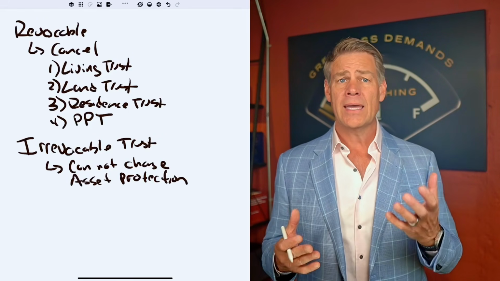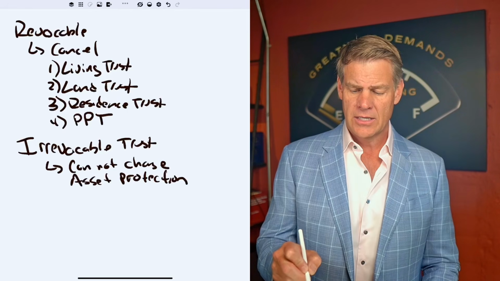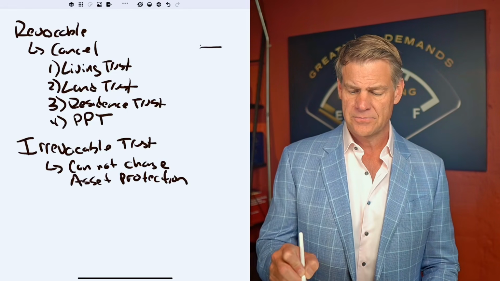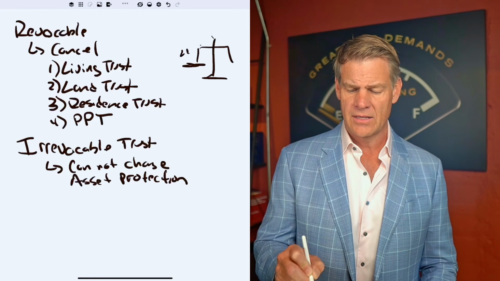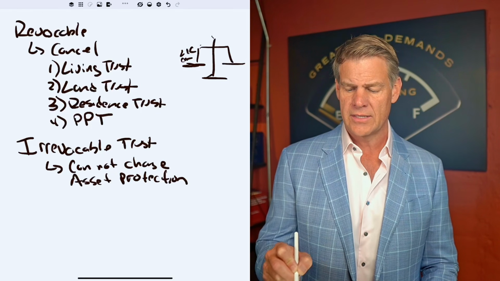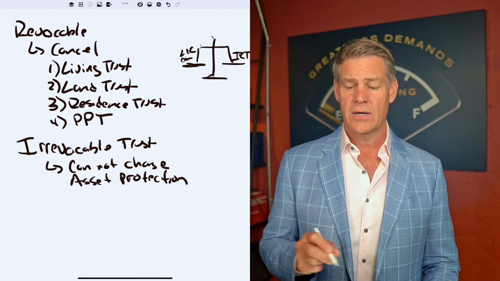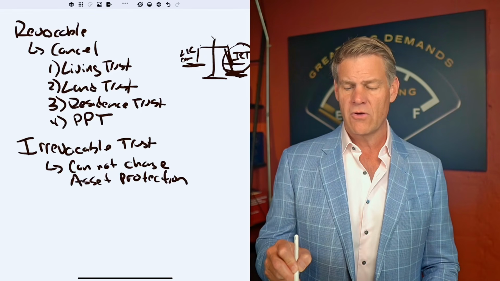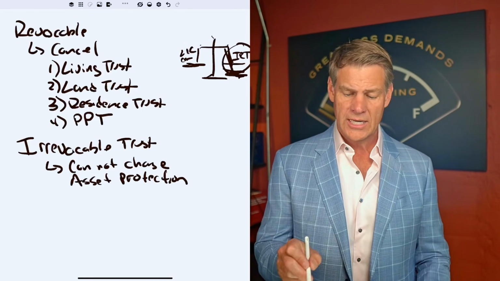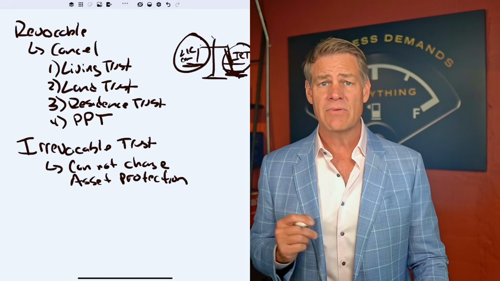And that's why, if you're weighing the scales here and we were to put various entities on a scale, and say, all right, here's my scale right here. And on this side, I have LLCs and corporations. And then on this side, I have an irrevocable trust, sitting over there. This side here is definitely going to be more weighted. It actually would fall down to here, meaning it's going to offer you more protection than these guys over here. And just by the nature of the beast, it's a type of entity we're setting up.